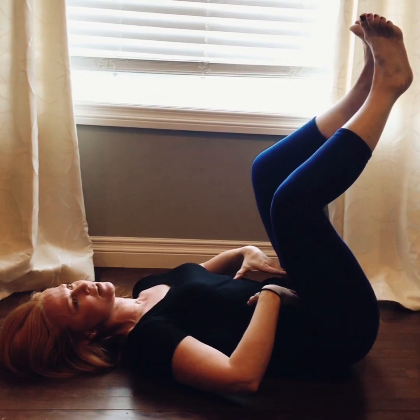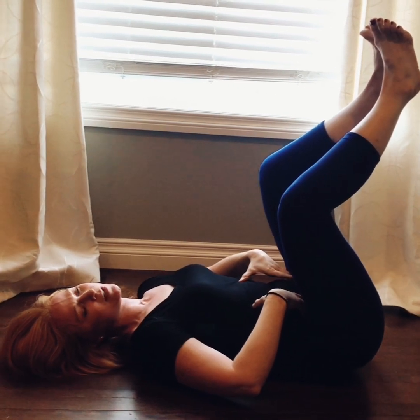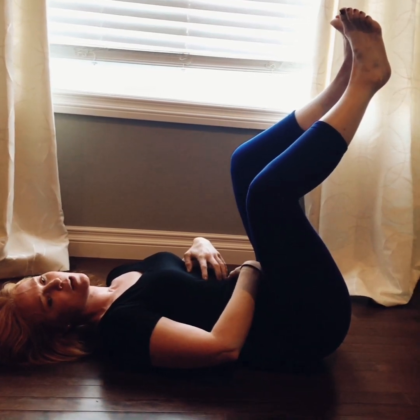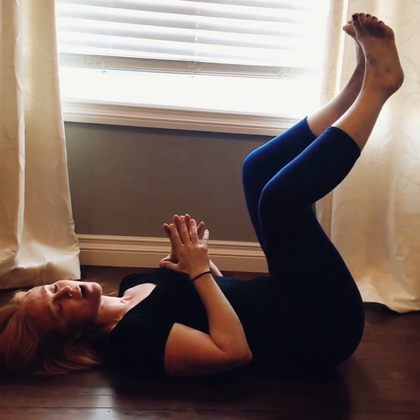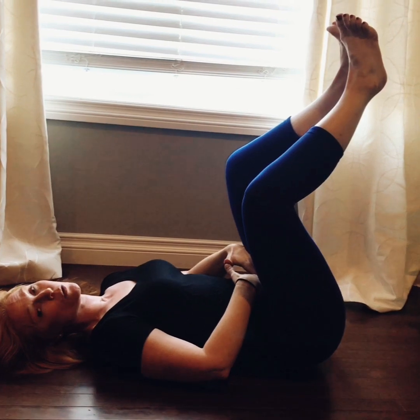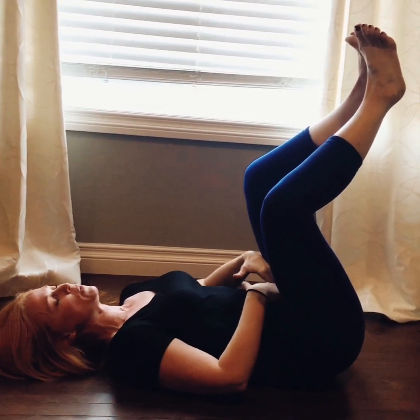To be perfectly honest, because we have such fast lives, this breath doesn't happen in the first few breaths. So really give yourself about 10 of these to get to a place where you feel it in that 360-degree fashion. Still trying to breathe into that low back, still trying to expand those ribs, and still trying to breathe deep down into that lower belly and get that pelvic floor to relax as well as contract. Once you're there,